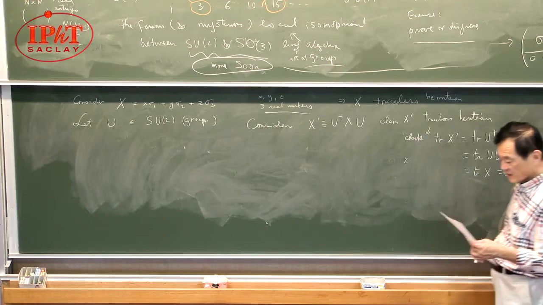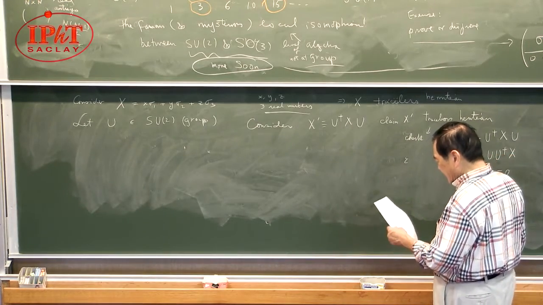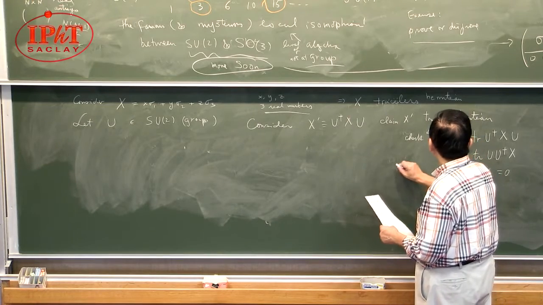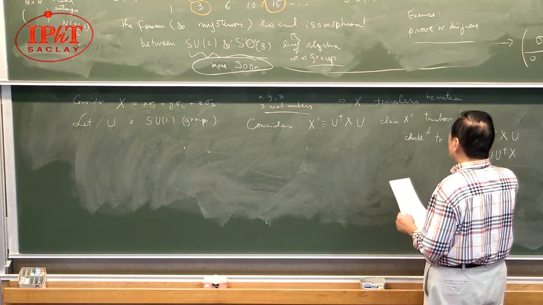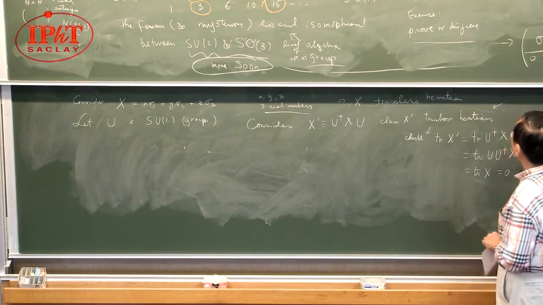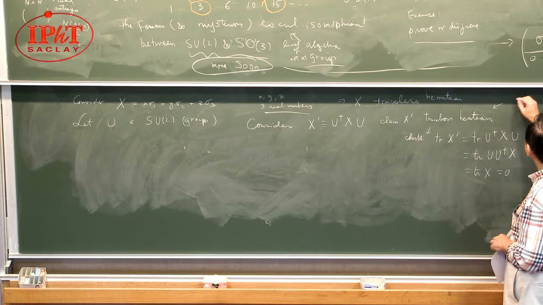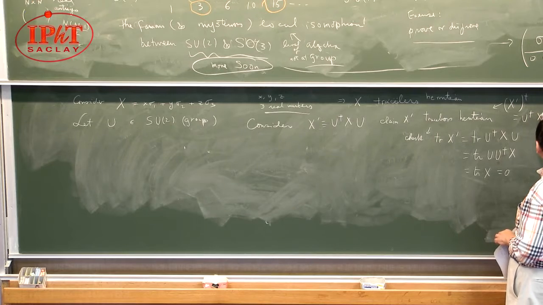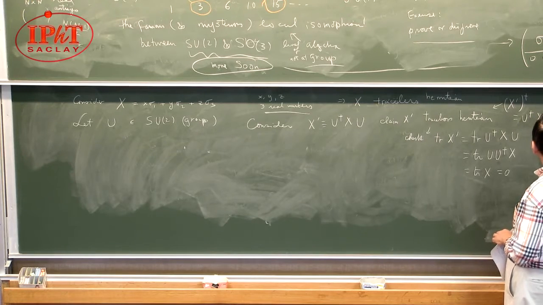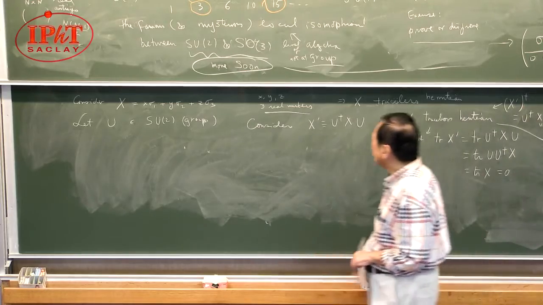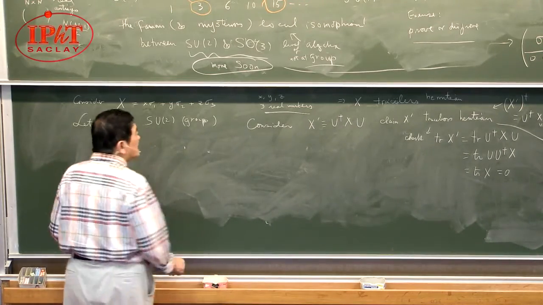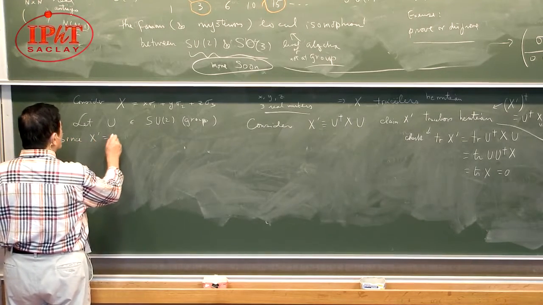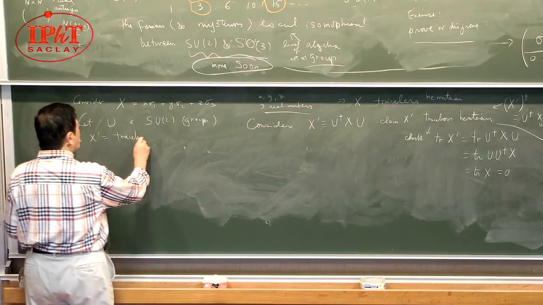Okay? So now, to show that it's Hermitian is obvious, because X prime dagger is U dagger X dagger U, and since X dagger is X, that's obvious. Okay, now since X prime is traceless Hermitian,